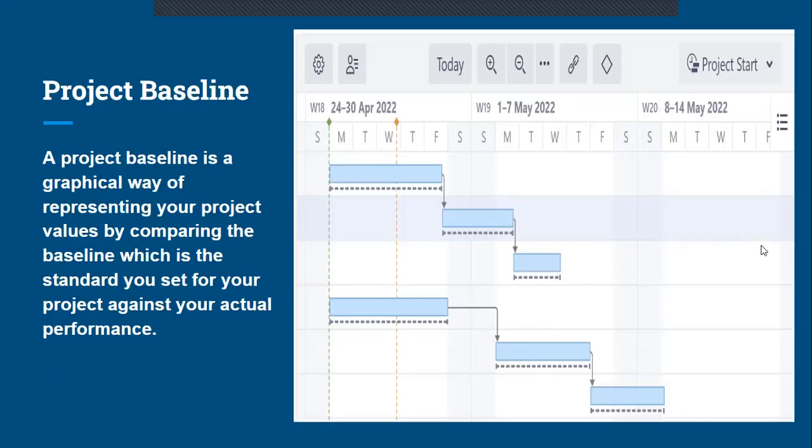We have the project baseline. A baseline is a graphical way of representing your project value by comparing the baseline, which is the standard you set for your project, against your actual performance. So what a baseline does is this. You have a project you've started now. Let's say